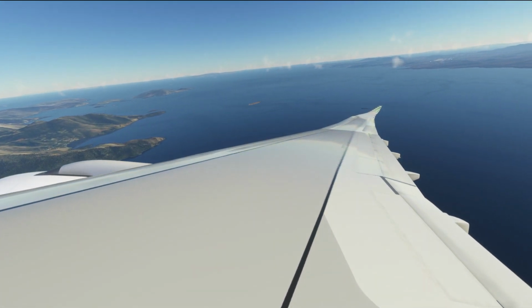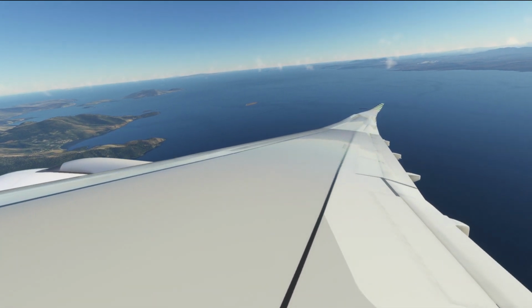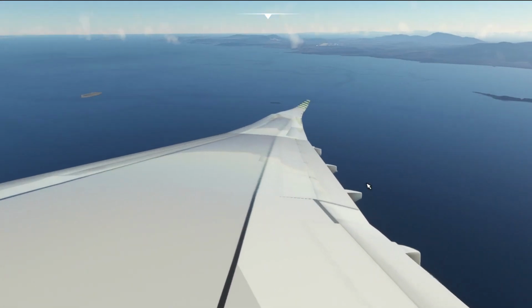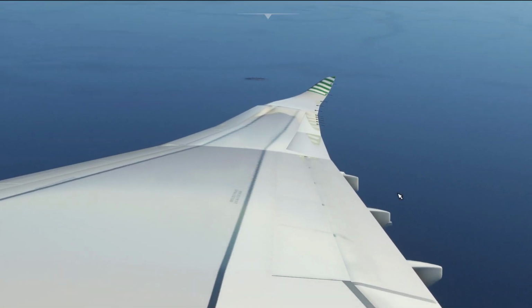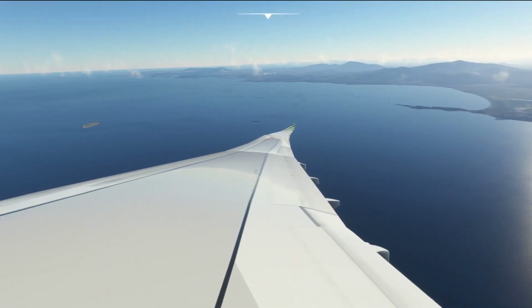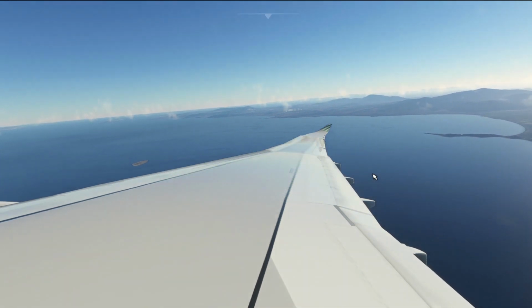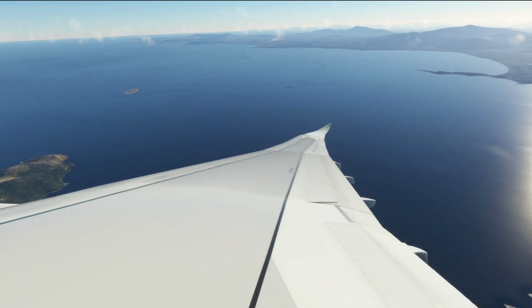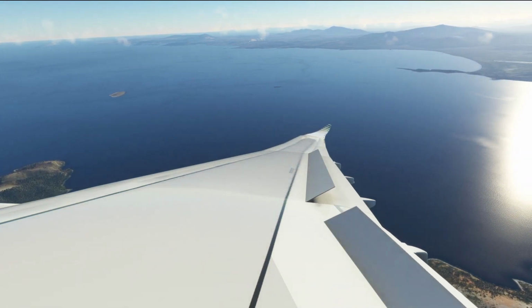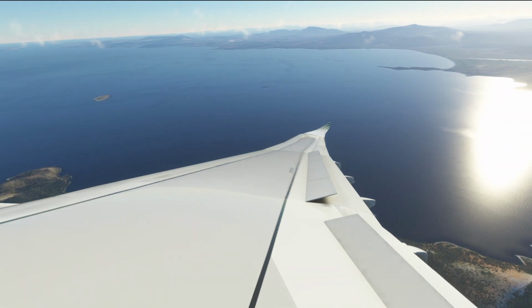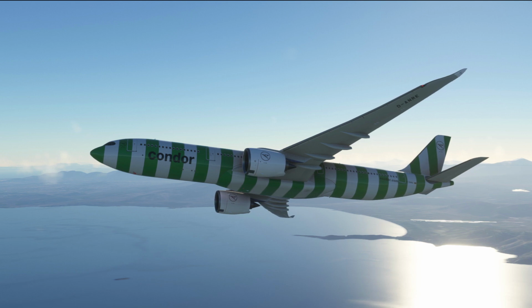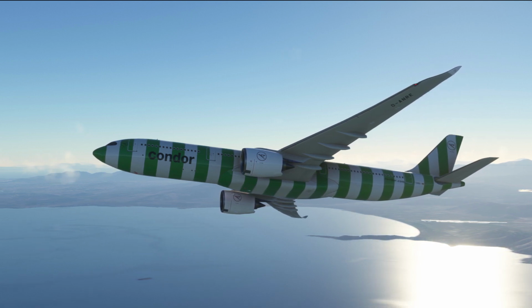Look at that wing flex. If I just pitch up and down very subtly, the wing bouncing at the end is remarkably cool. And if you can't quite see that, if you're on a mobile device, look at that. Aileron animations and spoilers all look really good. And so there we have it, the Headwind A330-900 with its fresh update and some new paint skins